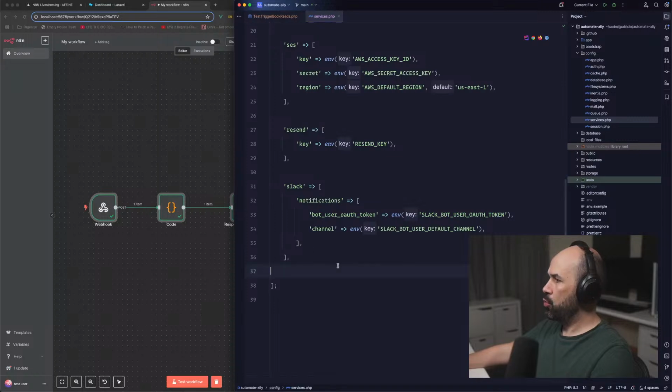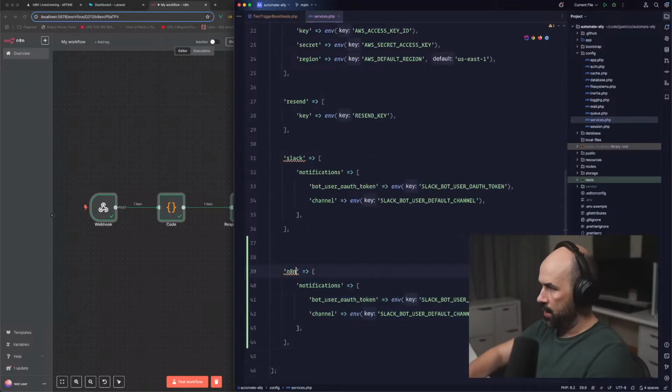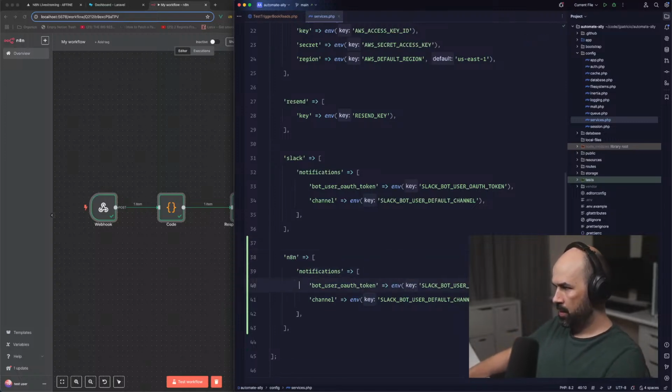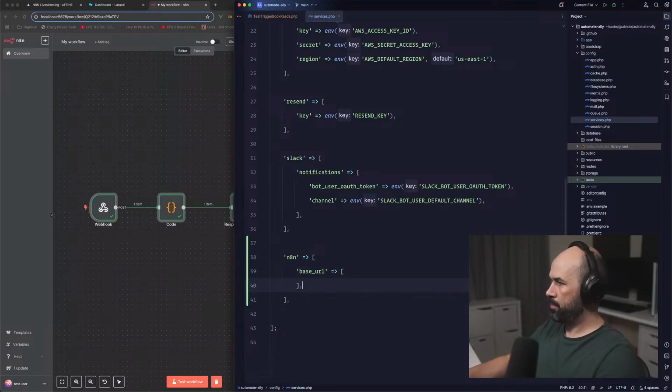In services, we are having our N8N private base URL, and that's going to be an environment variable.